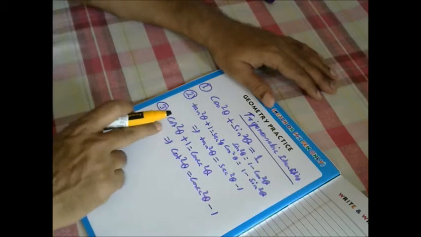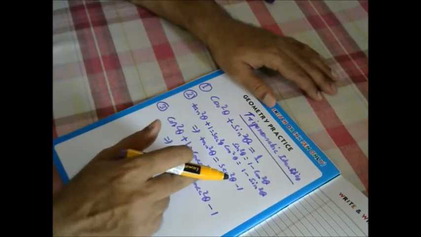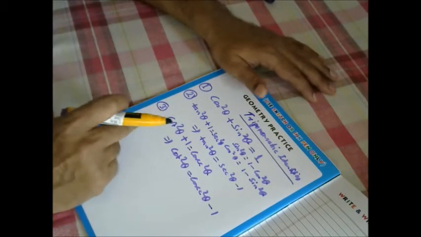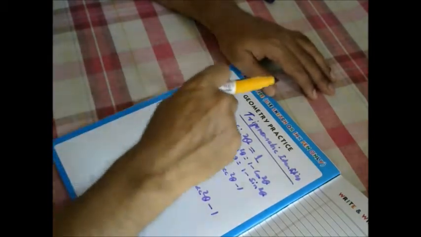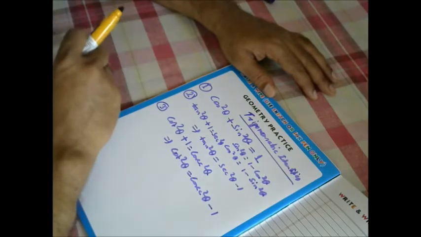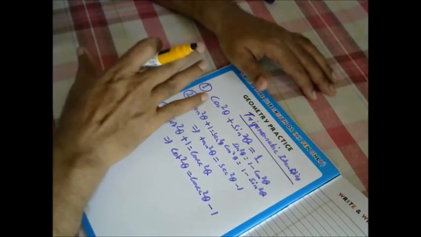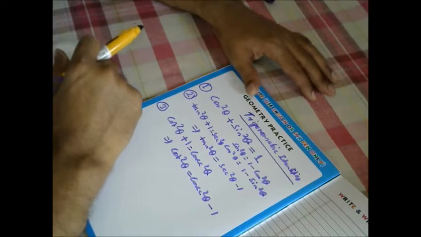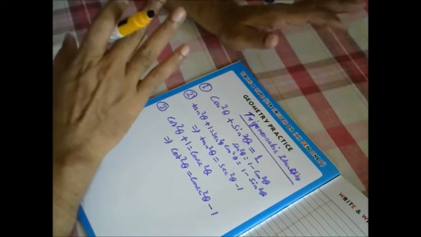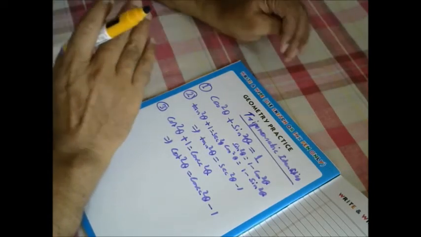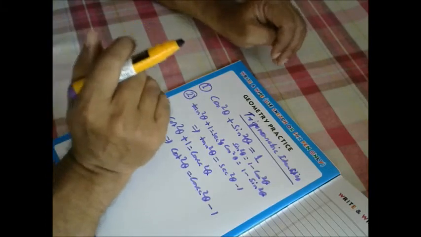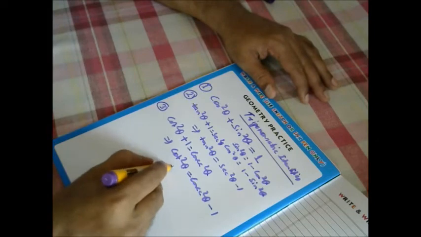Or we can also write 1 is equal to cosecant square theta minus cot square theta. That also we can write from here. So these three are called trigonometric identities, which we are using in proving that question. So these three concepts are there for you in 10th standard.